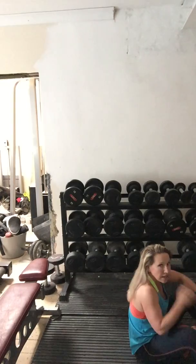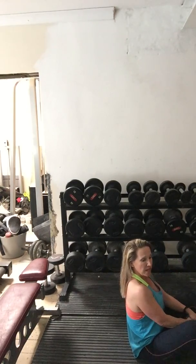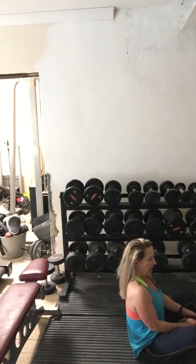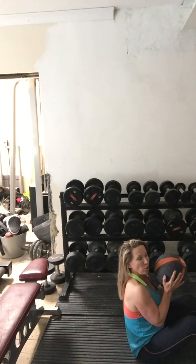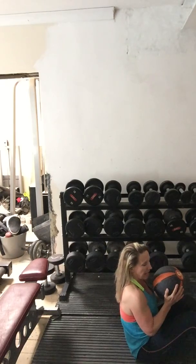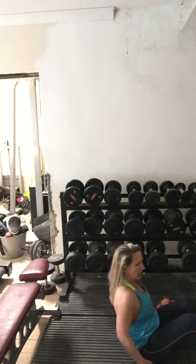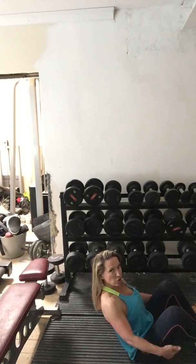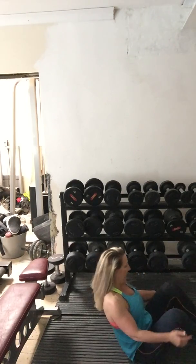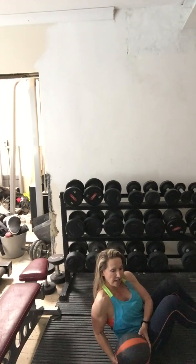Okay, so in that situation what I'm doing is, I'm sitting up, making sure my back is quite tall, my stomach is in. I'm holding the ball in my hands, near my body, near my chest, slightly out. But the trick here is to lift my feet off the floor. So I'm balancing on my bum with my feet not touching the floor. I keep my legs relaxed. Then I'm taking the ball and touching it each side of